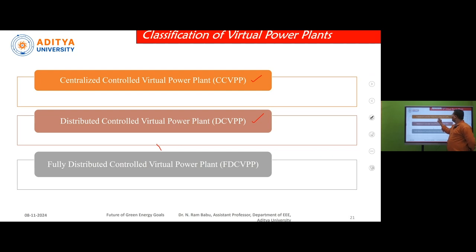A centralized controlled virtual power plant means it's a virtual power plant in which controls will be there. And centralized in the sense there is only one way exchange of information, transferring data from the generating side to consumers. Okay, only one way exchange of data. Whereas coming to decentralized virtual power plant, there will be two-way communication and exchange of data, and also the consumer can sell and receive the energy from the grid. And fully distributed means it is completely automated based upon the programming techniques, based upon the artificial intelligence techniques. Our system which is completely and fully distributed will be coming under fully distributed controlled virtual power plants.